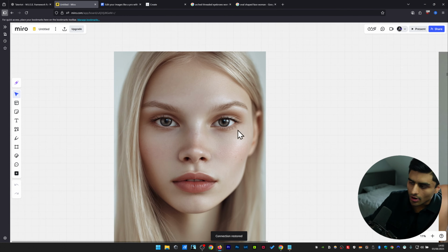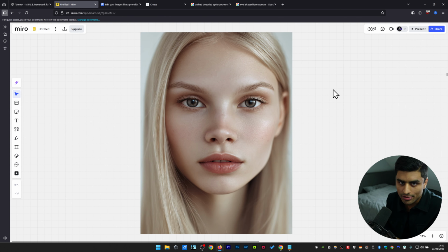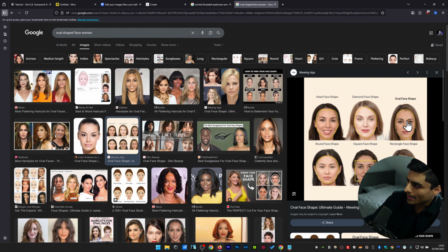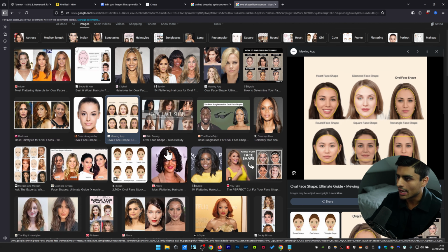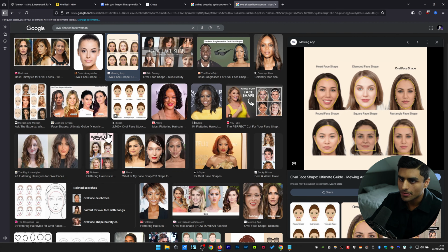I had gone into this previously with what I had done as an overview for M.U.S.E, but this was a character that I'd created in Midjourney, and you can see she has an oval shaped face. Oval is the most universal of those face shapes, meaning it can be used for a variety of different purposes, and that's demonstrated there. And like I said, different face shapes give off different emotions. So if we go back and look here,